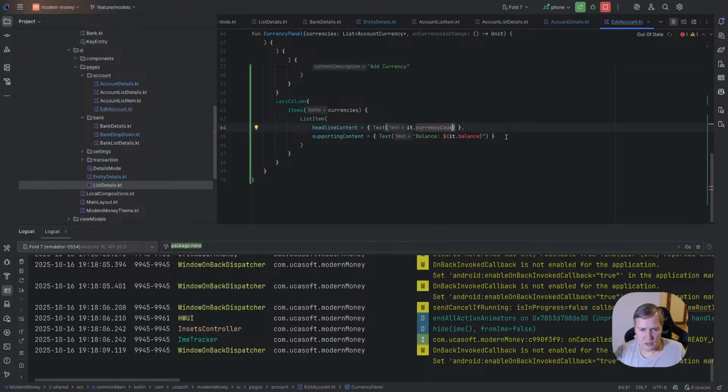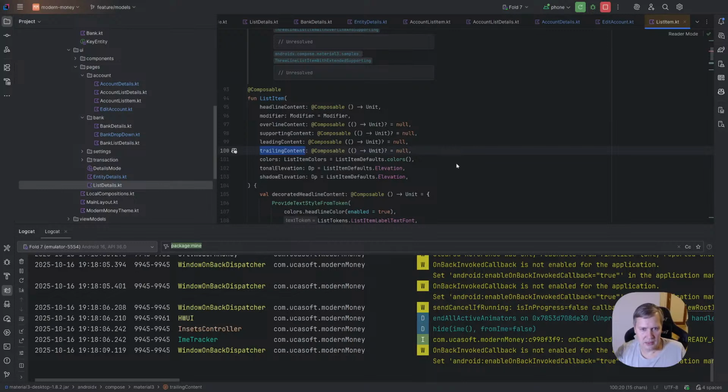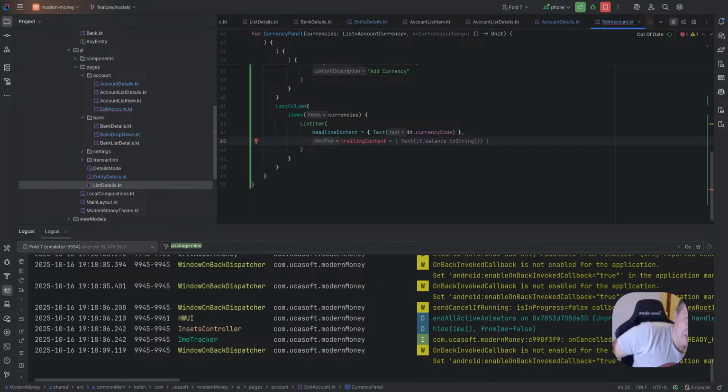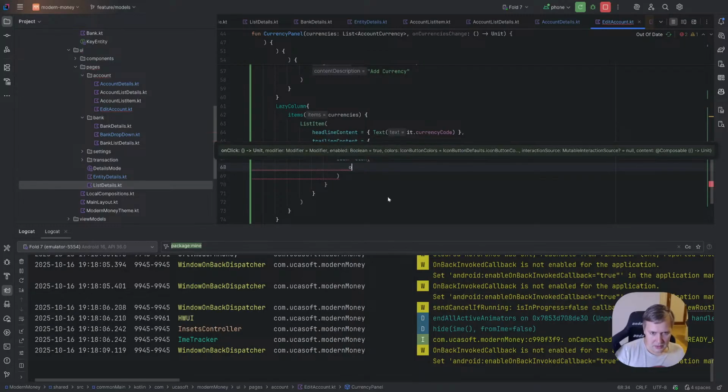And supporting content, so far nothing, but support, not supported. It should be not leading content, it's trailing content. Yes, and as trailing content, what I like is, if it.id is null, yeah, empty body, of course, we should add an icon button, yes, on click,